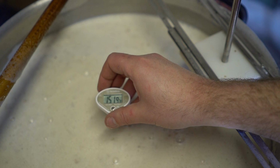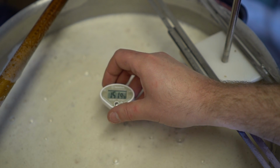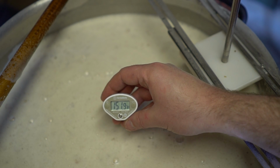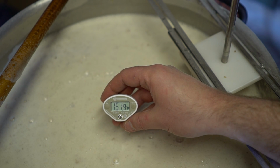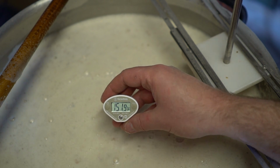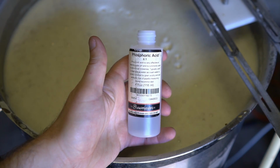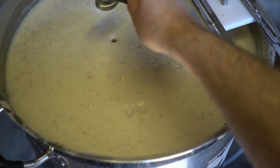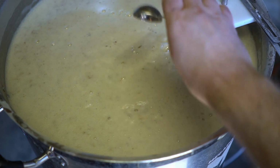I targeted a mash temperature of 152 Fahrenheit, that's 67 Celsius. I want to ensure pretty good attenuation, just to make sure the beer was nice and drinkable as a session beer to have on tap. Both strains are supposed to have relatively typical attenuation compared to an average Saccharomyces strain, not the hyper attenuation that Brettanomyces provides to long-term sour beers. Given the hops and acid, though, I didn't want really high Saison-like attenuation, so again, right in the middle of